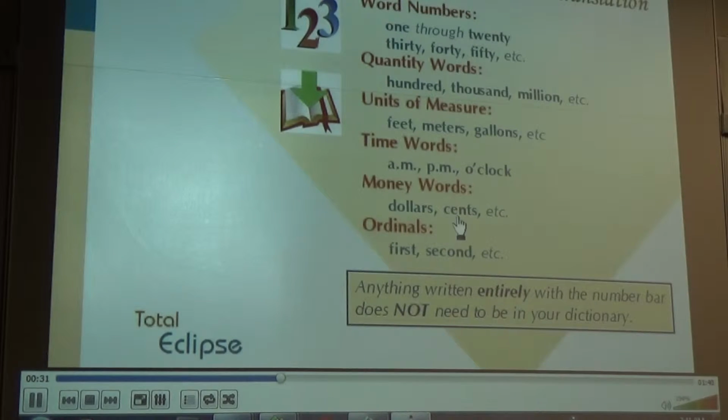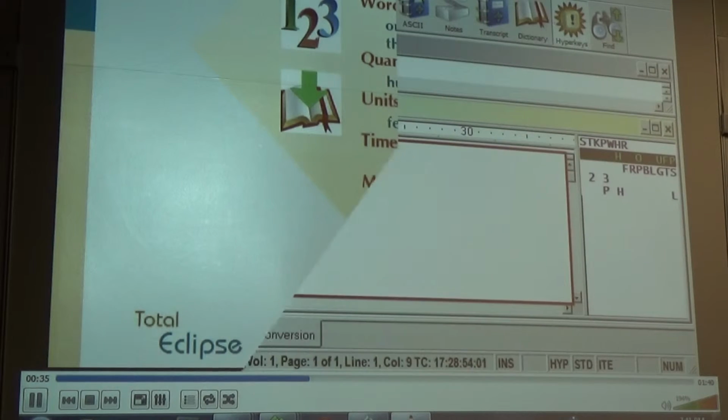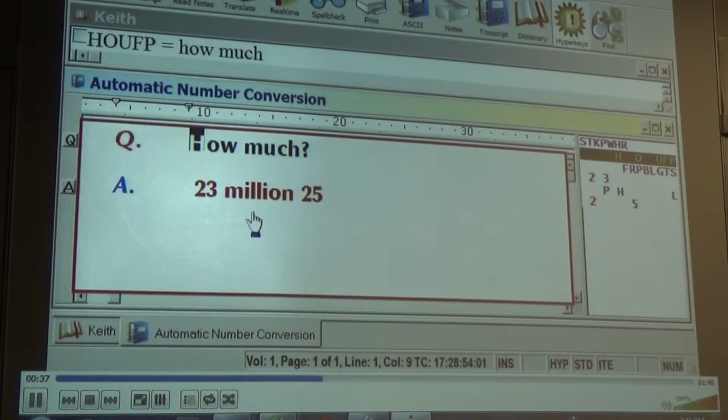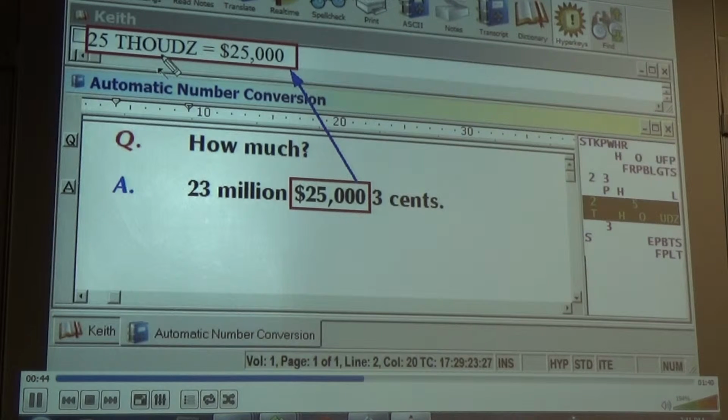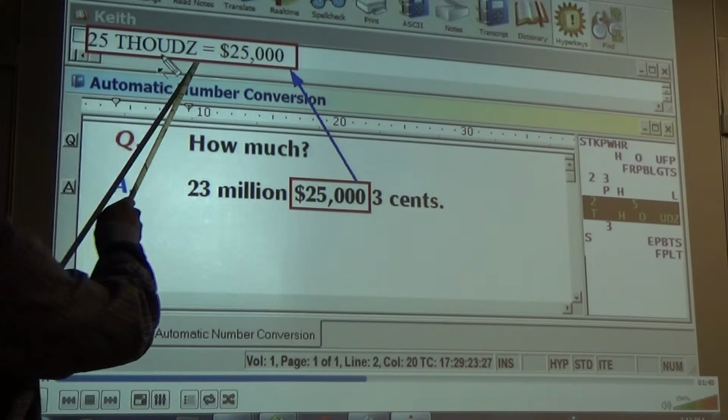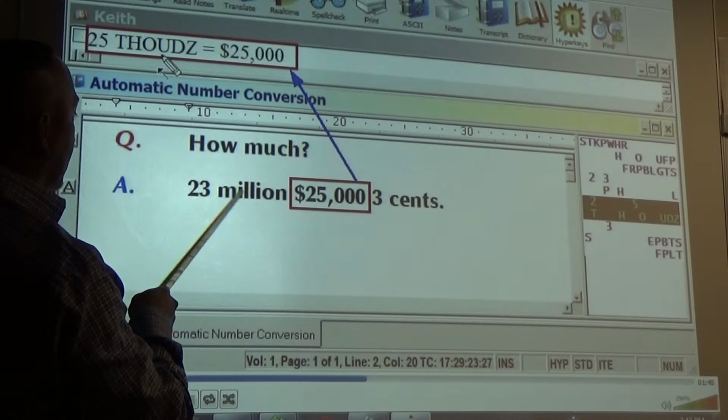Words will trigger number conversion with the appropriate currency symbol. If a number doesn't translate right, it's probably because of an old dictionary entry. Remove such entries and your building blocks will work properly. So that's what it's telling you right there. If it's coming up